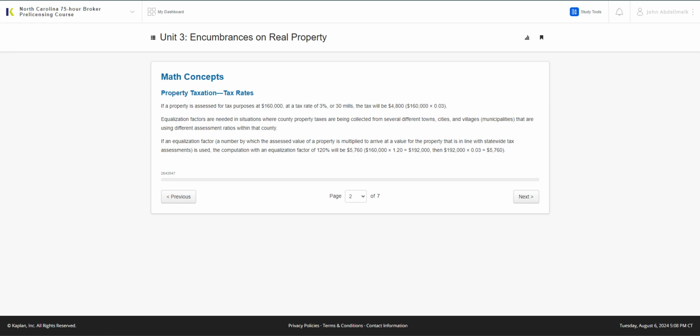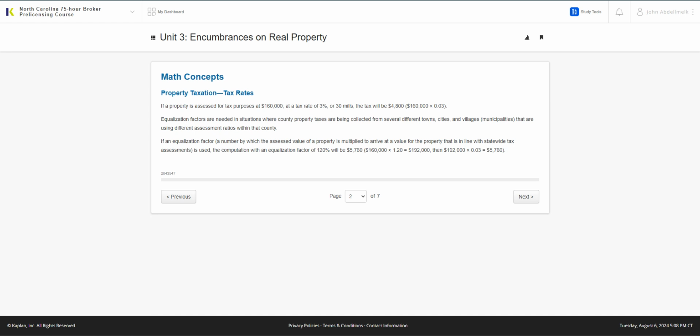So 160,000, right? At a tax rate of 3% or 30 mills, you would obviously multiply that by 0.03, $4,800, okay? So the computation with the equalization factor of 120% will be,